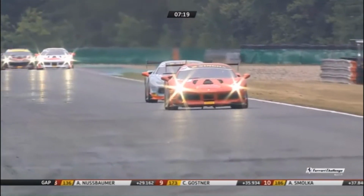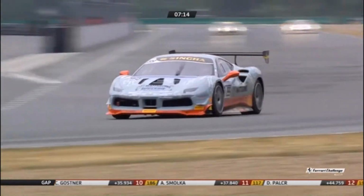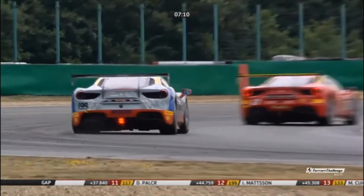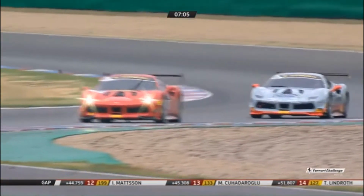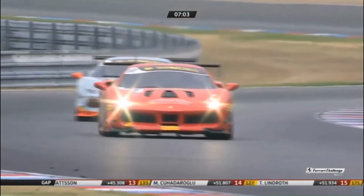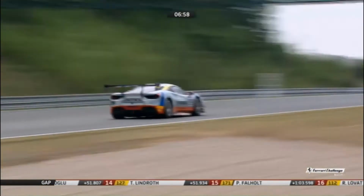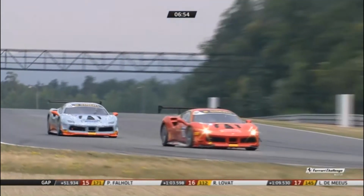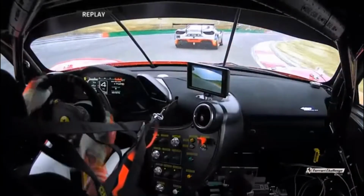So in the AMS at the moment, it's Alexander Nussbaumer. Agata Smolka is still holding on to P2 in the AMS, but Dusan Palkra it is that's at P3. Now he's got to make up some 7 seconds to get on terms with Aggie Smolka, and we've got 7 minutes left of the race. Ingvar Madsen is doing his level best to squeeze every bit of grip he can and to try and keep with Dusan Palkra. Oh, and now this changes the whole outlook for the race, because we have got time penalties being